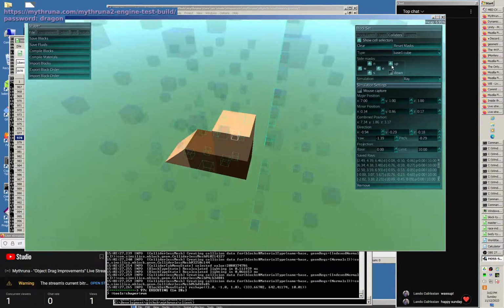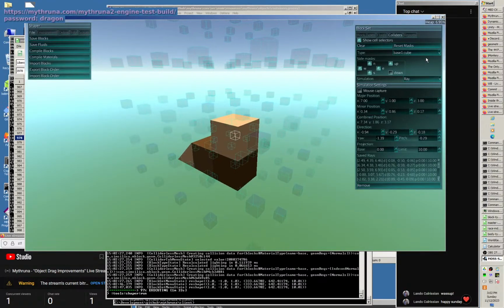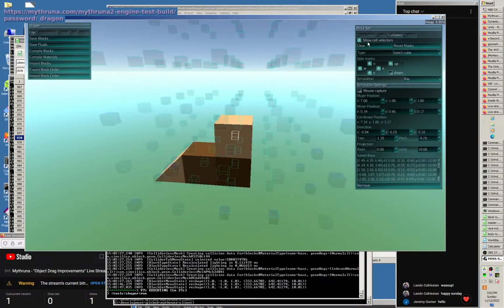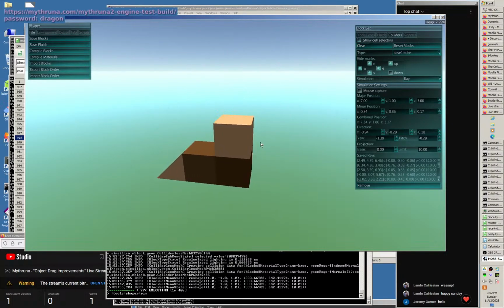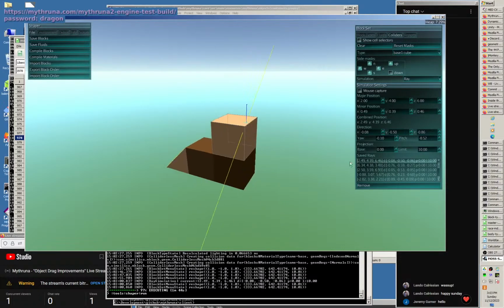I don't know why this was working before. I don't know why the mask stuff's not working. Hey Jeremy, how's it going? Anyway, so I won't spend too much time on that. Oh, I did want to talk about it, so that's too bad. But it'll remember selected rays I've got, and it will show me